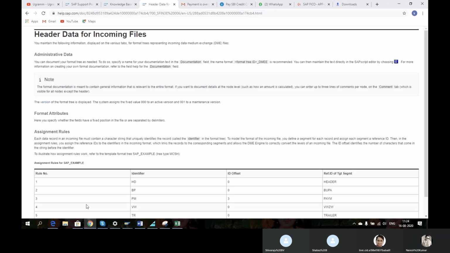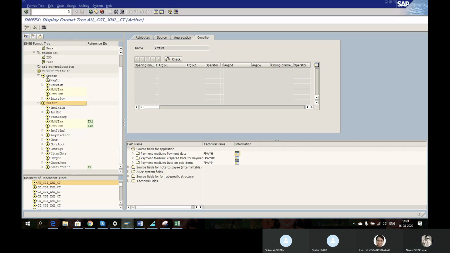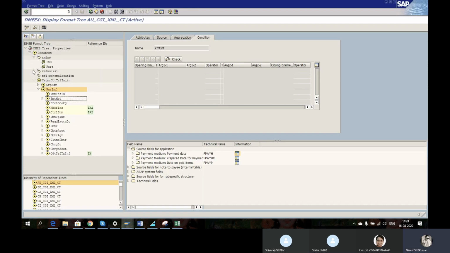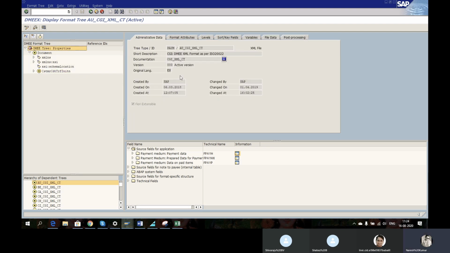Now, I would like to know one thing. Let us go here. Is this an incoming or outgoing file? How will you identify whether this is an incoming or outgoing file?